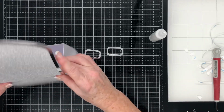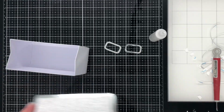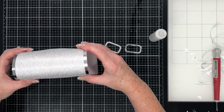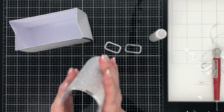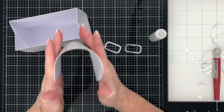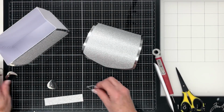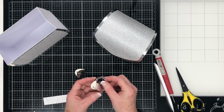So I've gone back to the lid here for a moment, just working out where it's going to sit. Going to give it a bit more curvature. I'm thinking, yep, I'm happy with that. So I'm giving it a bit more curvature, just rolling it between my hands. You could fold this lid down if you wanted, but I wanted the curved look, and it has been designed as curved. So I'm going to put the lid aside again, sorry about that,